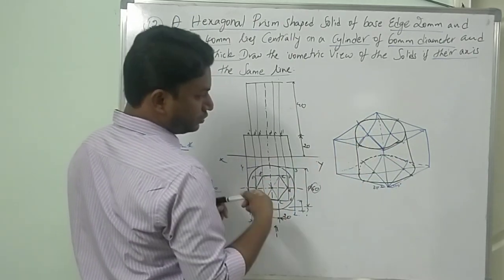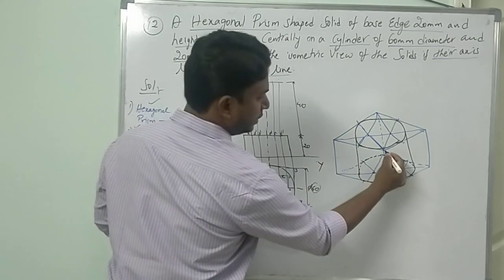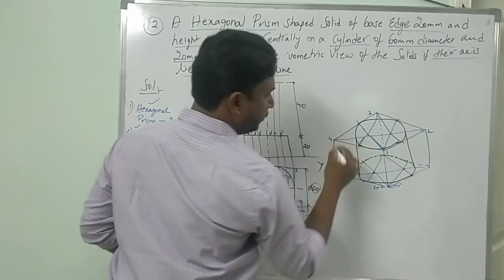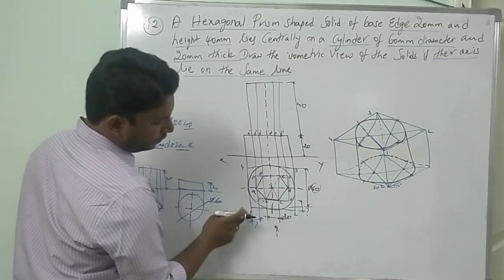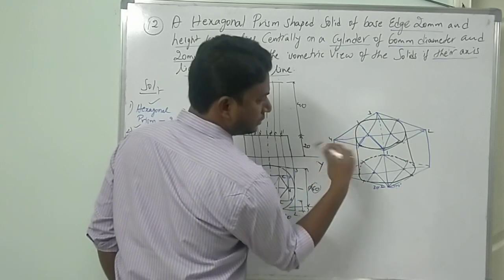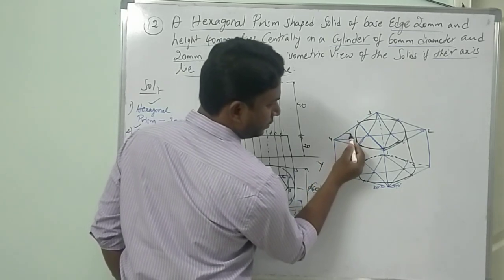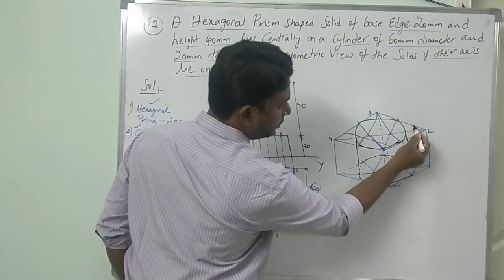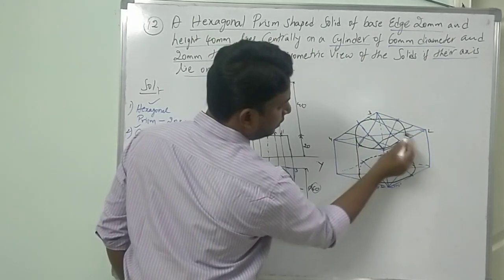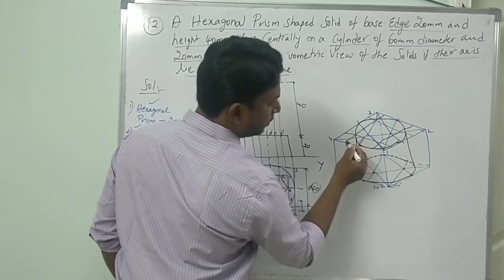For that, we are supposed to show it as 1, 2, 3, 4 first. I'm doing it as the base part, 1, 2, 3, 4. For that 1, 2, 3, 4, 1, 4, 5, 8 is the box. See, I'm using black to differentiate. Parallel line, parallel line, parallel line, and one more parallel line.